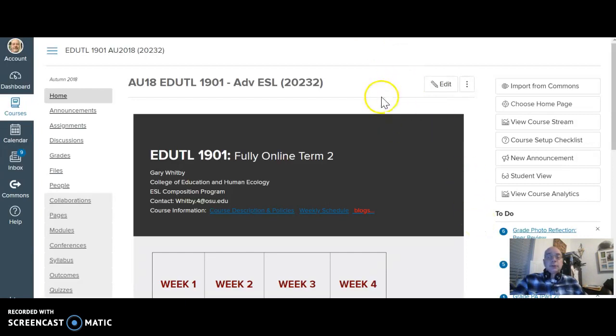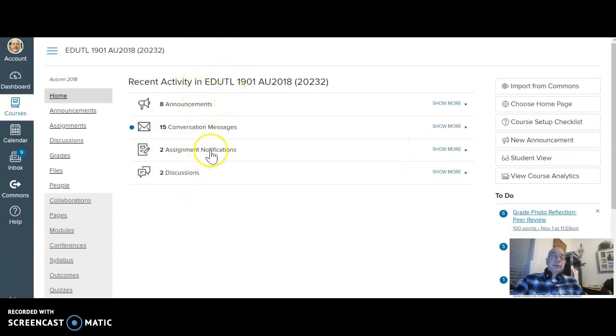So when you're on your course homepage in Carmen, what you should do is click on something you should have over here on the right hand side. It says View Course Stream. If you click on that, you will get a list of recent activity, and you should all have a thing here that says one peer review on this list in the middle. If you click on that, you should be able to see your peer's document and access it by clicking on it. You can then download it and use it and find the